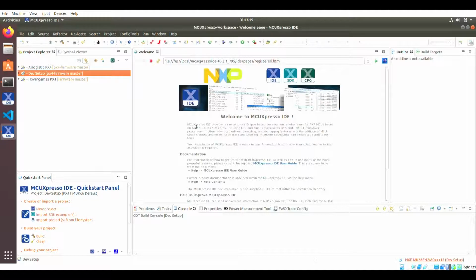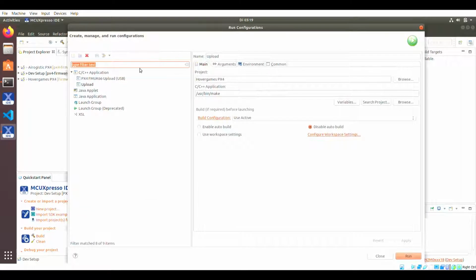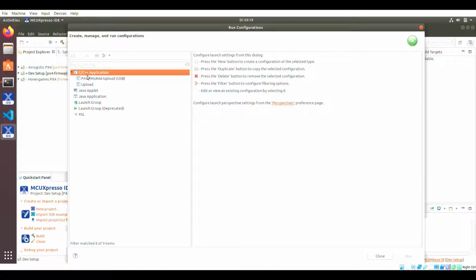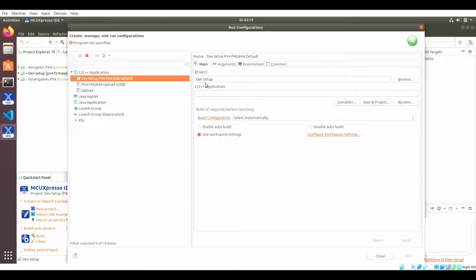So now we're going to set up the run configuration, so we'll be able to flash the board with just a USB cable, as long as the board has the bootloader installed. So we're going to come over here, click Run Configurations, and we're going to click this top C++ application here, and we're going to click the new box. And once that pulls up, we're going to have this window. We're going to want to name it whatever you'd like. It's helpful to add USB so you know that this is the configuration that will run on just a USB cable. And here we're going to need to type